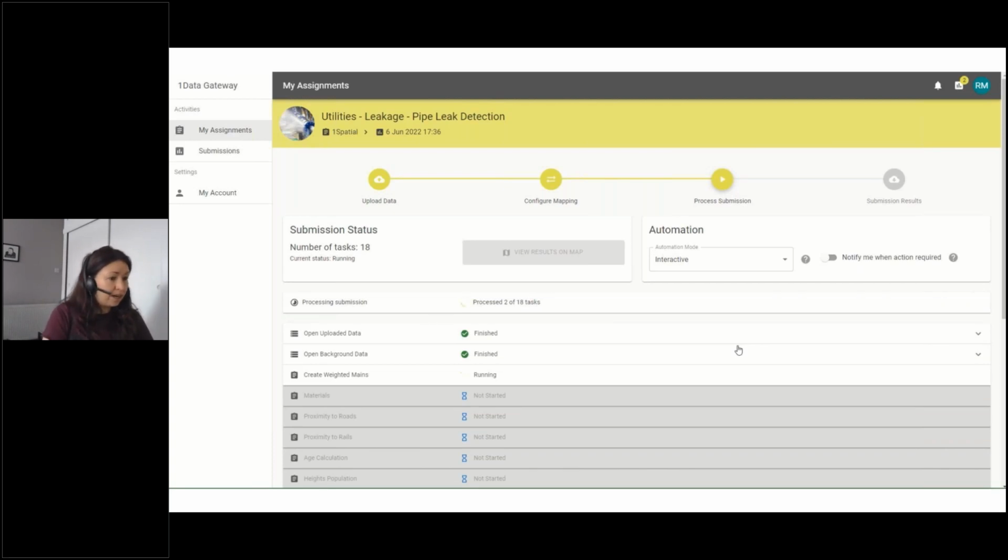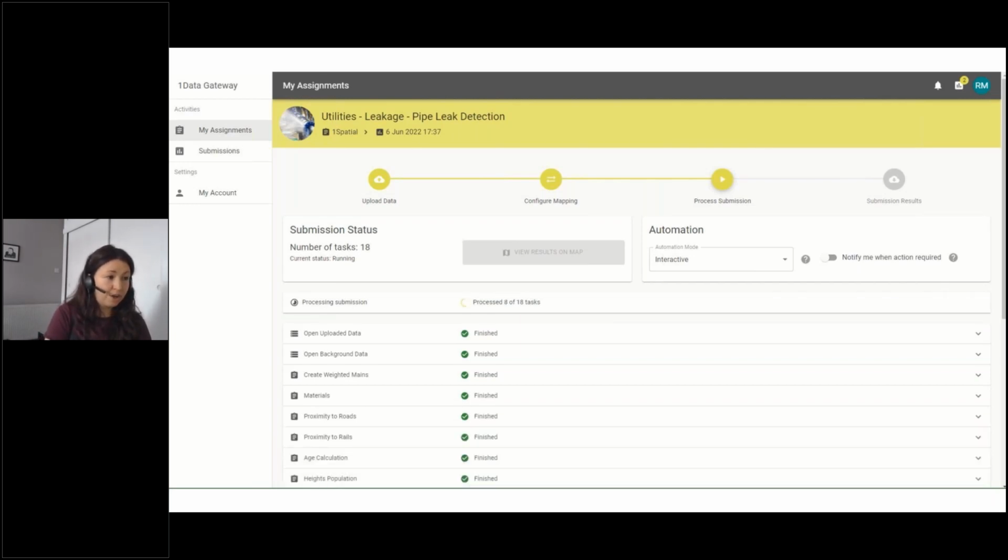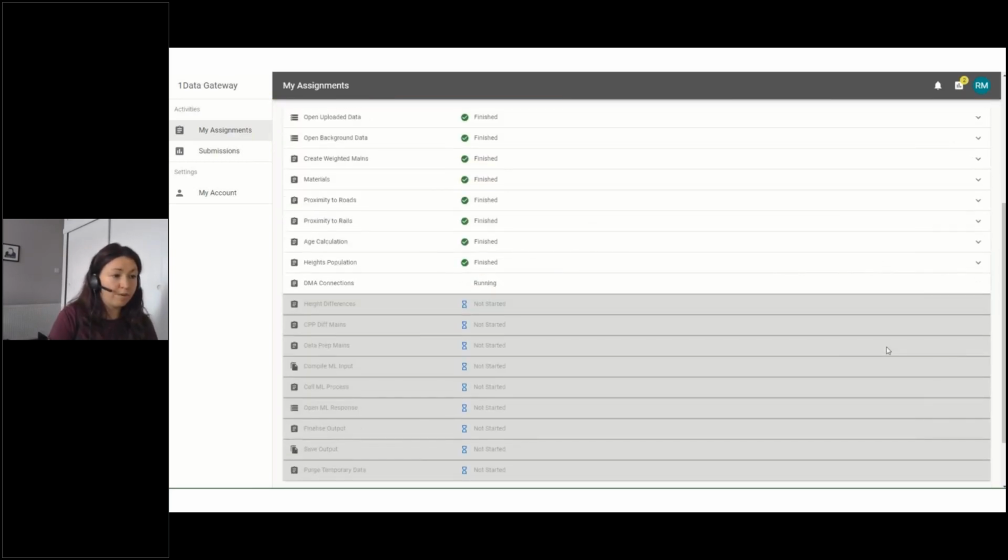We've created a machine learning module for leak prediction using a deep learning API written in Python, which runs on top of machine learning platform TensorFlow. Our solution needs to be provided with a pipe network, which includes the attributes of pipe material, age, recent repairs, and with additional spatial data derived using our rules engine. Our rules engine also calculates the CPP height, which is derived from an elevation model and is our pressure parameter